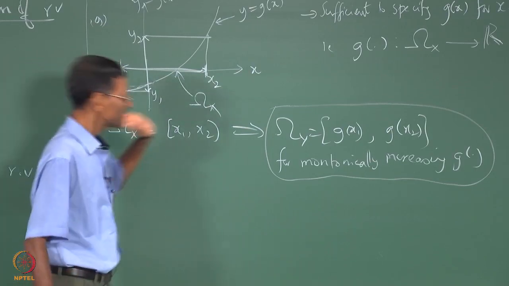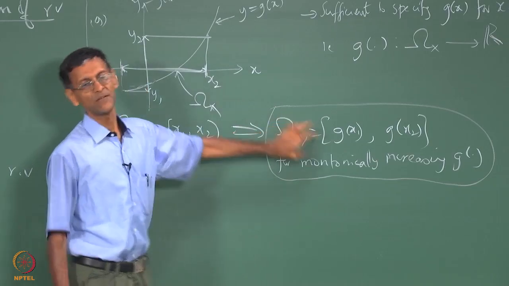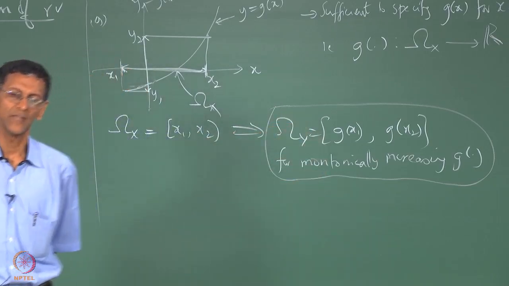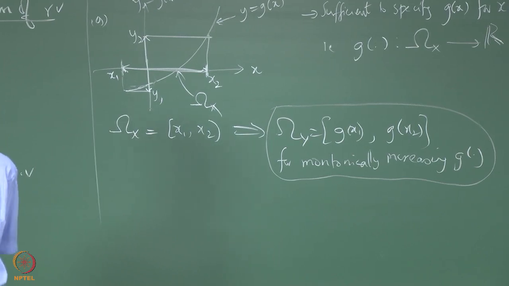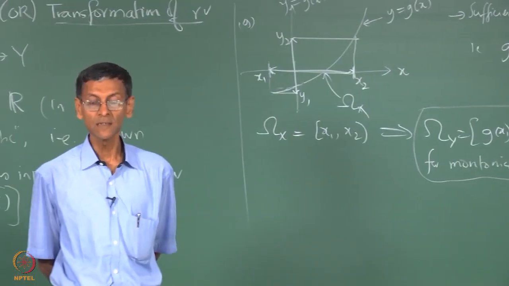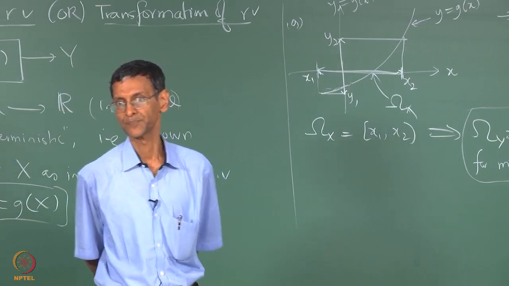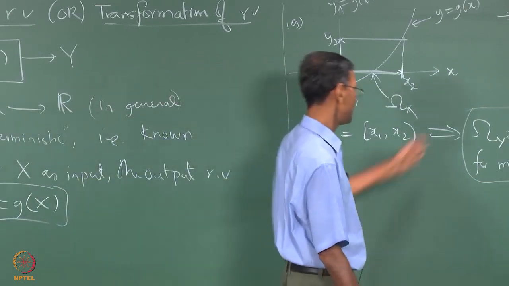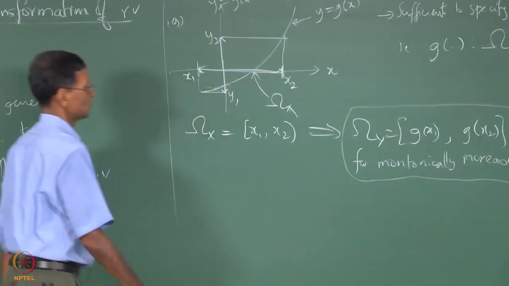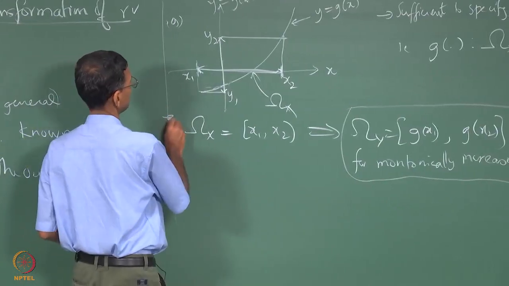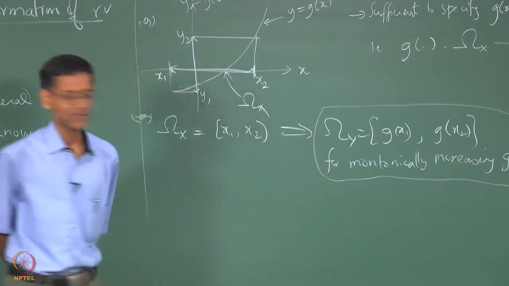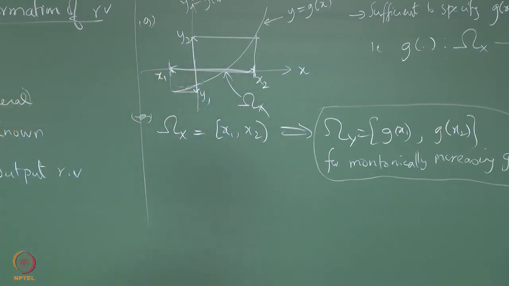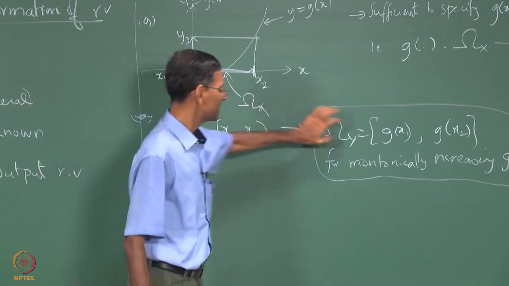And also one other thing, this omega y, as in all other previous examples of determining this new range, has to be done on a case by case basis. There is no magic equation or formula that one can write down, except maybe here. Okay, so now having dealt with this issue of finding this range,